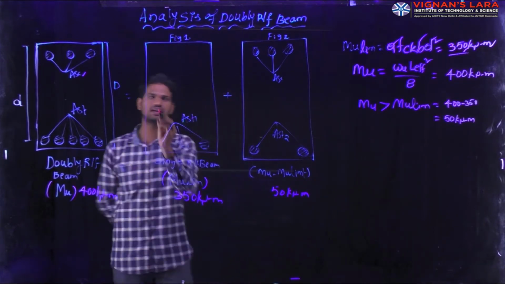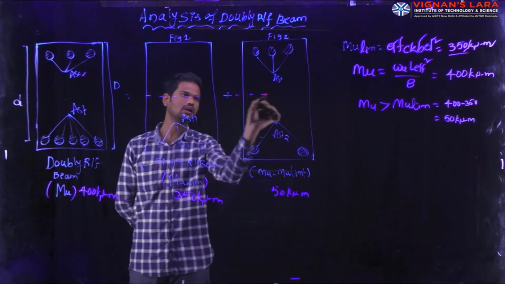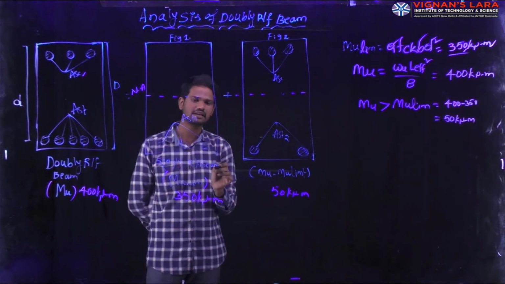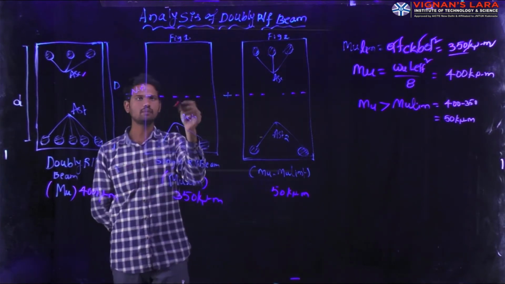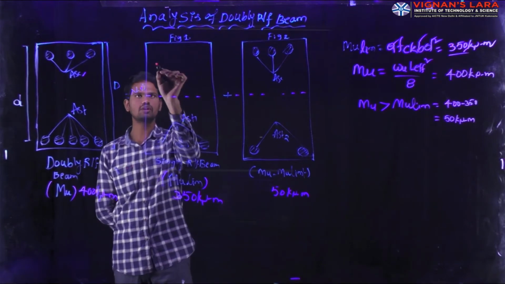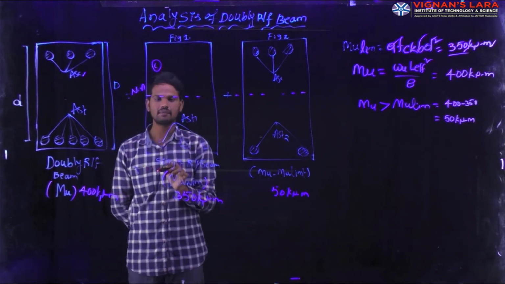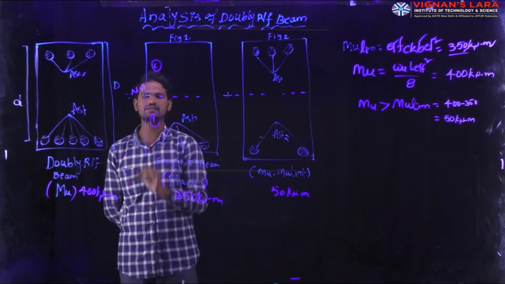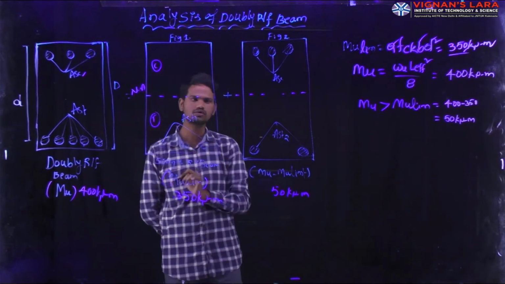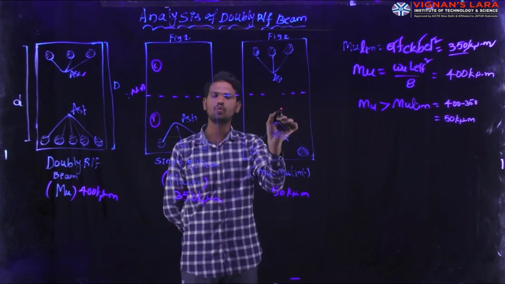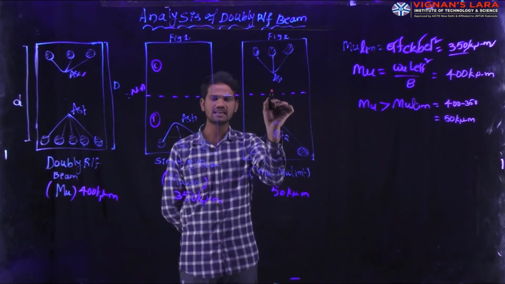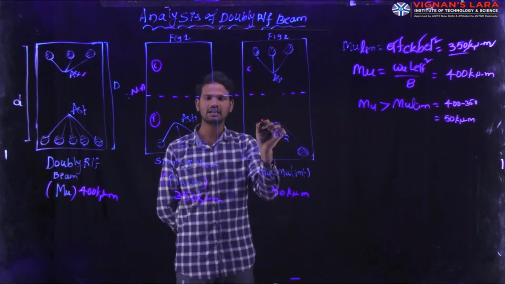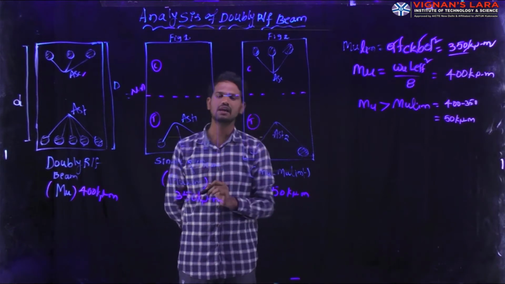Again, if you check here in this diagram, this is our neutral axis. The neutral axis divides the compressive forces as well as the tensile forces. The portion above the neutral axis, we are naming as compressive force, and the zone below this neutral axis, we are naming as tensile force. This is for a singly reinforced beam. Again, in this consideration also, the forces acting above the neutral axis are called compressive forces, and the forces acting below the neutral axis are called tensile forces.